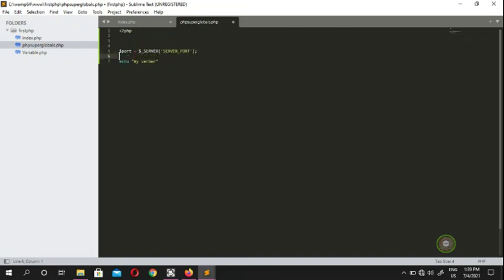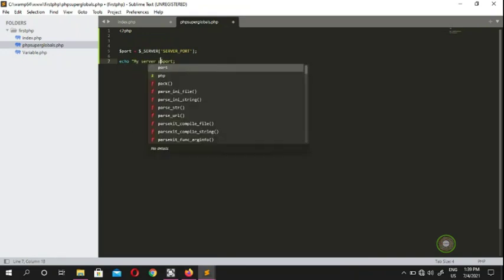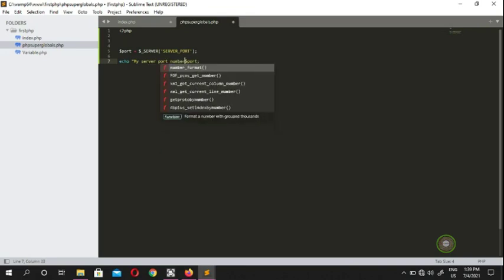And if you come here and say echo port, because we're going to echo that variable, we can put some nice message: my server port number is,